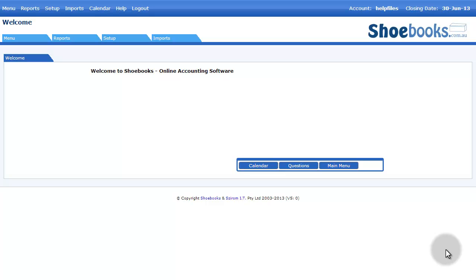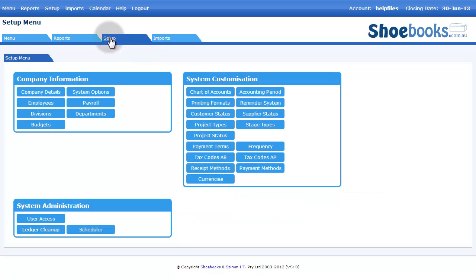As you can see, I've already logged into Shoebooks. The first step of the process is to set up your schedules, so I'm going to go into setup. Now, if this is the first time that you've set it up, you need to set up the schedule step first, which determines which day, hour, or even down to the minutes that you want to send out certain